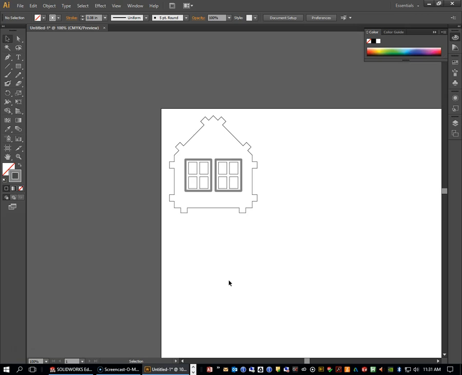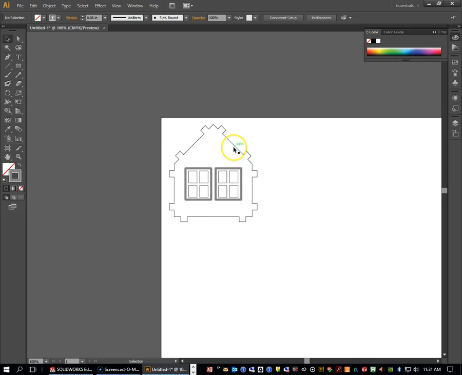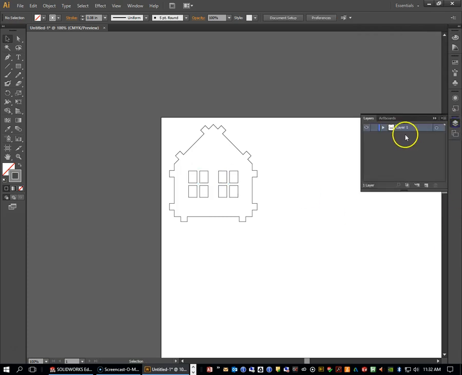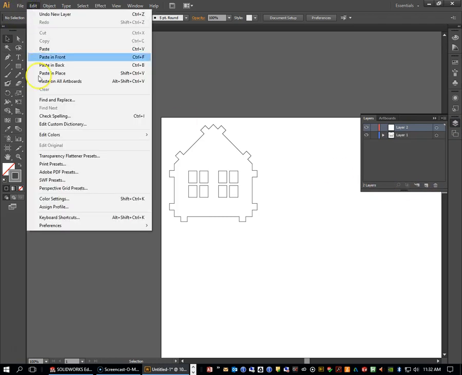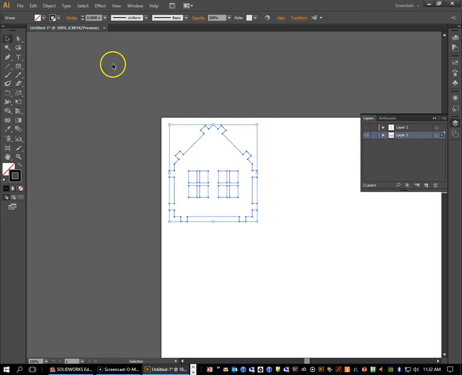All right, this file is ready to cut, but before you would do that, or excuse me, it's not. I need to make all these lines. Should have put these on a separate layer. Let's do that. I'm going to cut these off of there. Make a new layer. Going to go to Edit, Paste in Place, and now I can turn that layer off for a moment, select everything on this layer, change the stroke rate to 1/1000th of an inch,